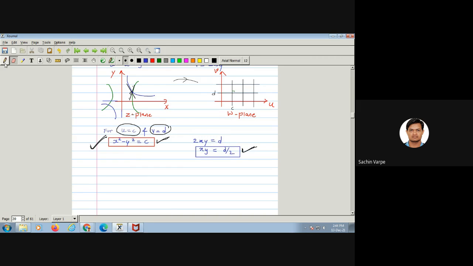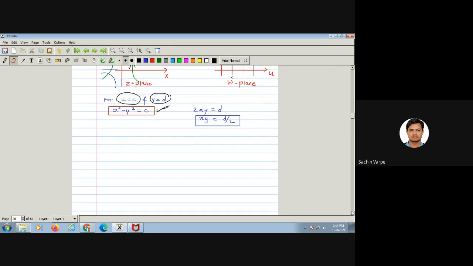Let us now check whether these two hyperbolas are perpendicular, or orthogonal, or not. So how do we check? Do you know any property from geometry? m1 m2 equals -1. Exactly. Two curves are perpendicular to each other if the product of their slopes is -1. So let us find the slopes of these two curves. How do we get the slope?